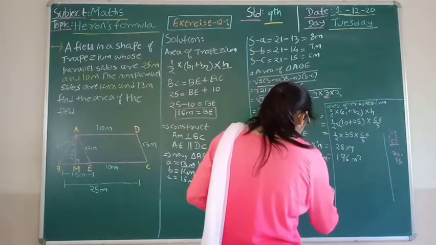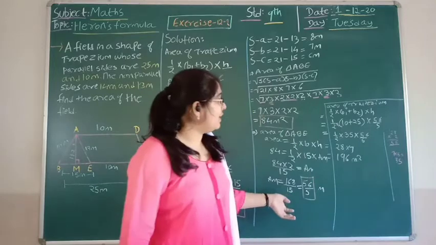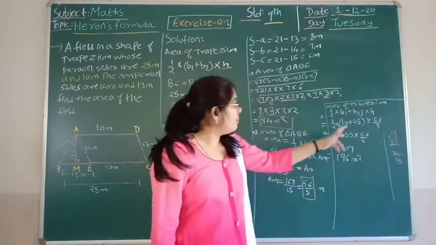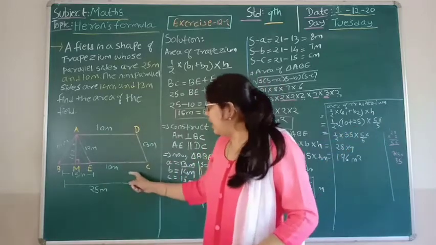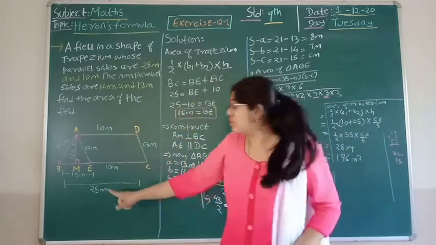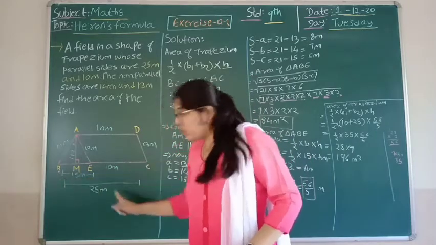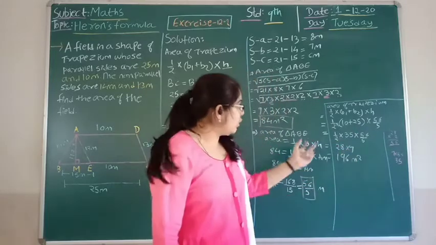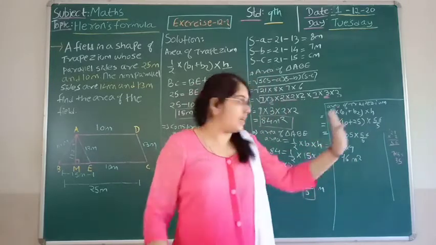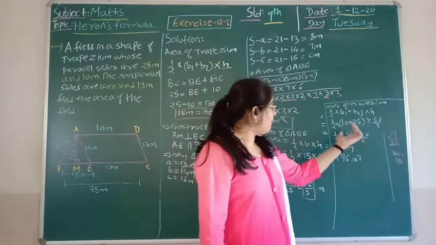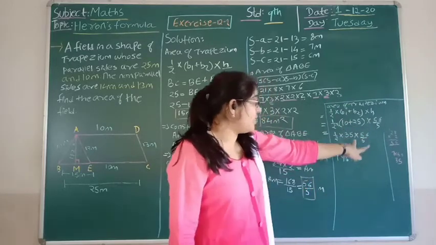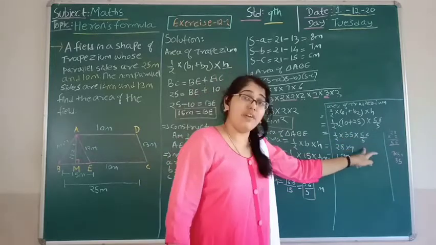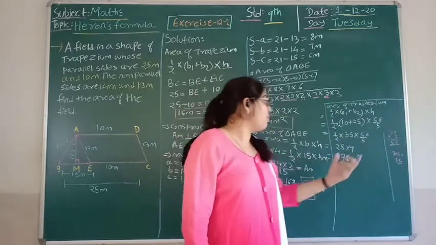Next, I applied this value in the formula for the area of a trapezium, where B1 plus B2 is equal to 10 plus 25, because this is 10 and this whole is 25. Keeping the value of height, you can keep 11.2 also. Adding both gives 35, dividing 56 by 2 gives 28, and dividing 35 by 5 gives 7. Multiplying both, we get the answer 196 meter square.